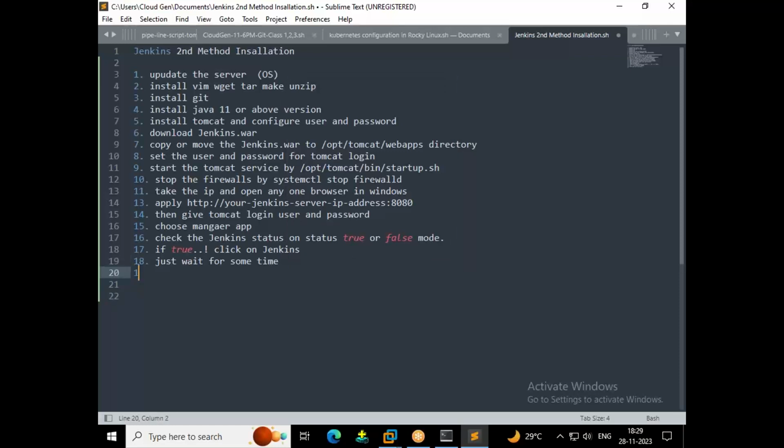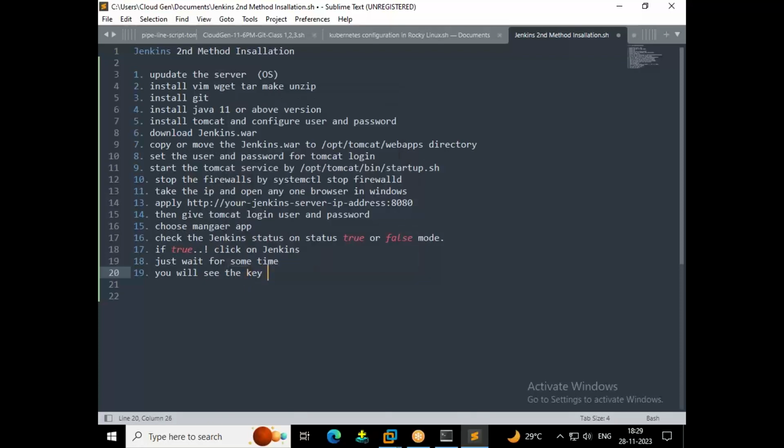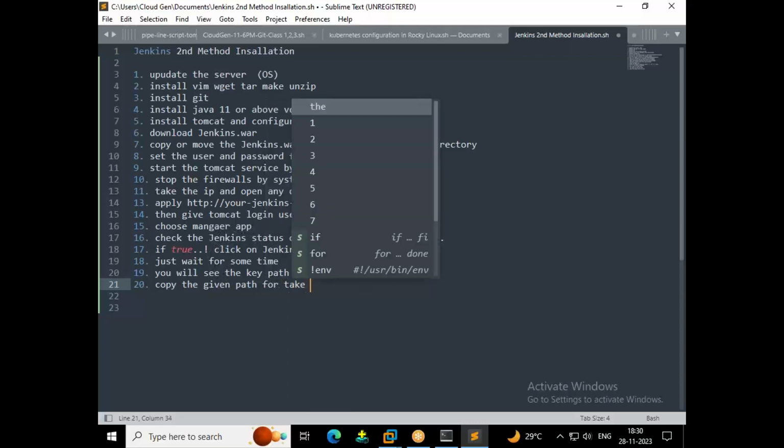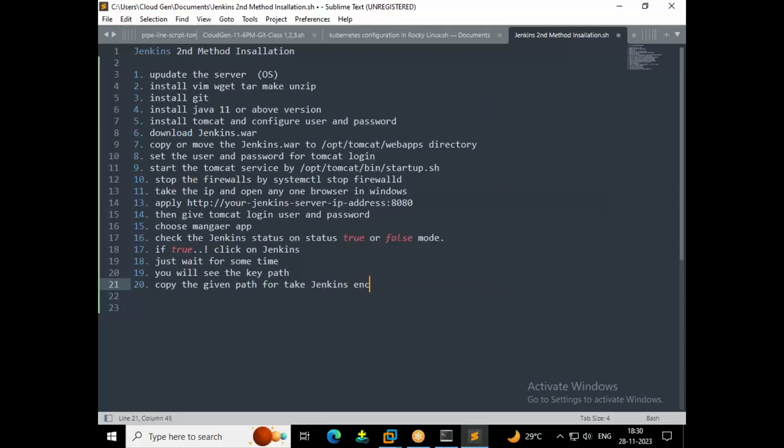Then 19th one, yes, you will see the key path. 20th, yes, copy the path for the given path, for taking the Jenkins encrypted key. Okay, next,